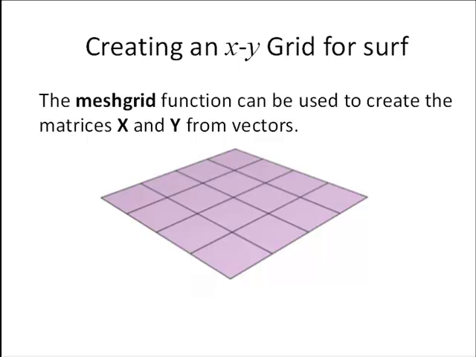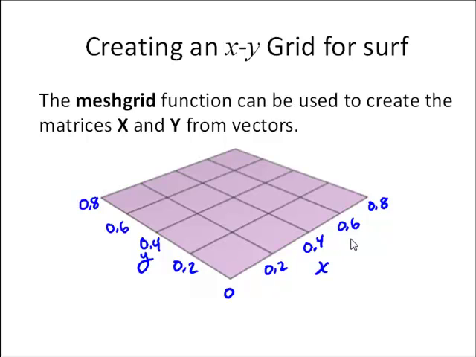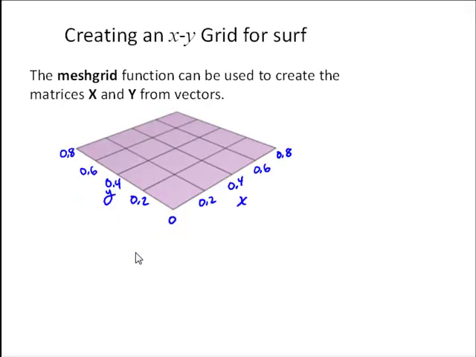What we need to do is create an XY grid. We generally think of x and y. So if this is our x and this is our y, and here's 0, 0, and this is 0.2, 0.4, 0.6, 0.8, and 0.2, 0.4, 0.6, 0.8. We know we can generate a vector that represents these x values using something like x